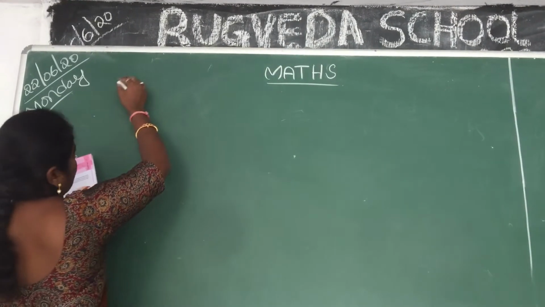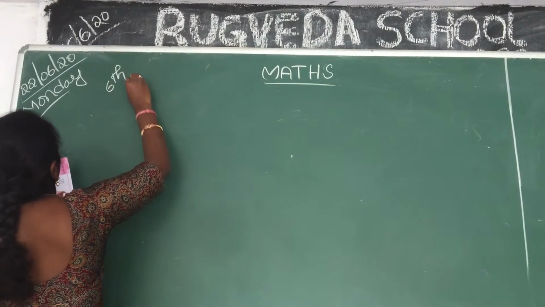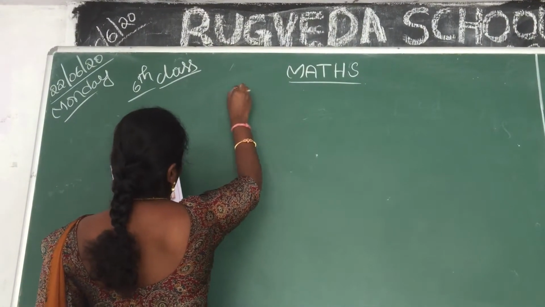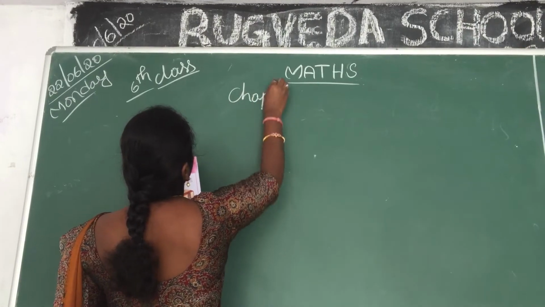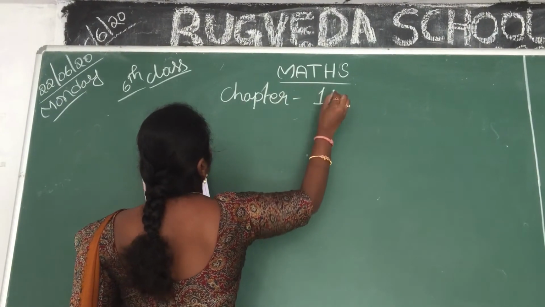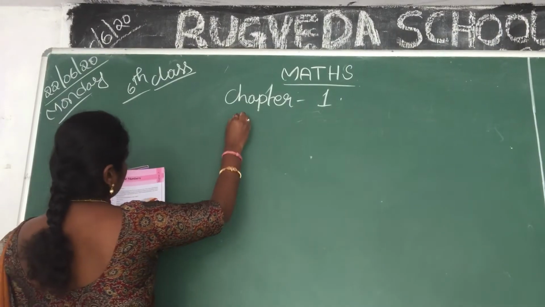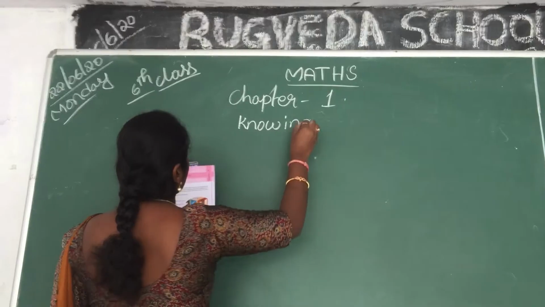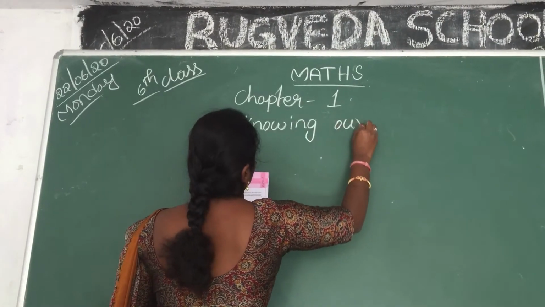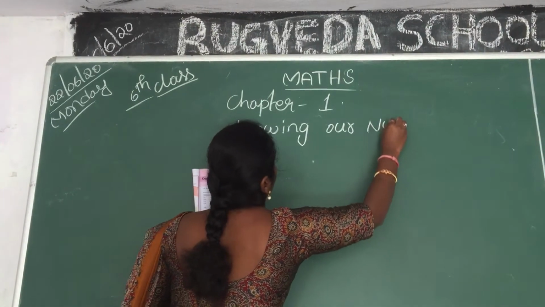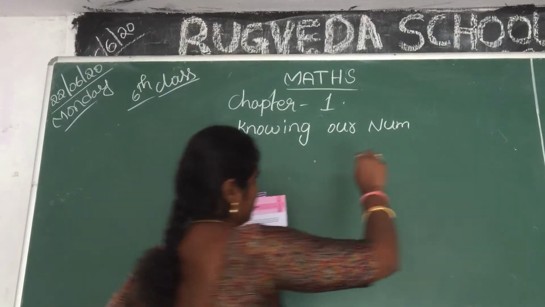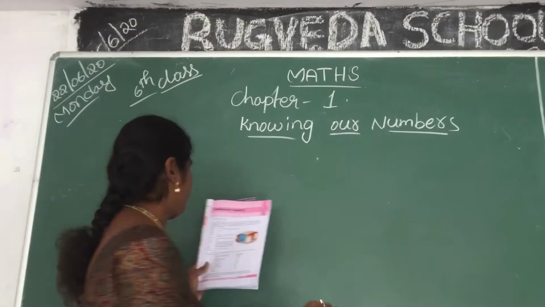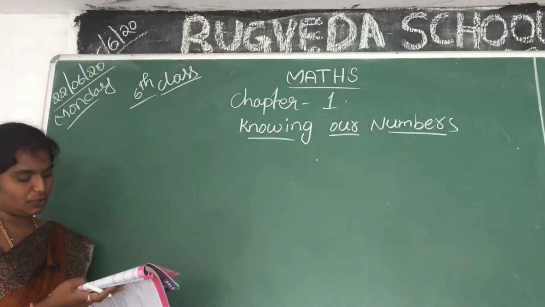Now children, today maths class, 6th class, chapter 1. Our chapter name is Knowing Our Numbers. First chapter is Knowing Our Numbers. In this chapter, I am going to do exercise